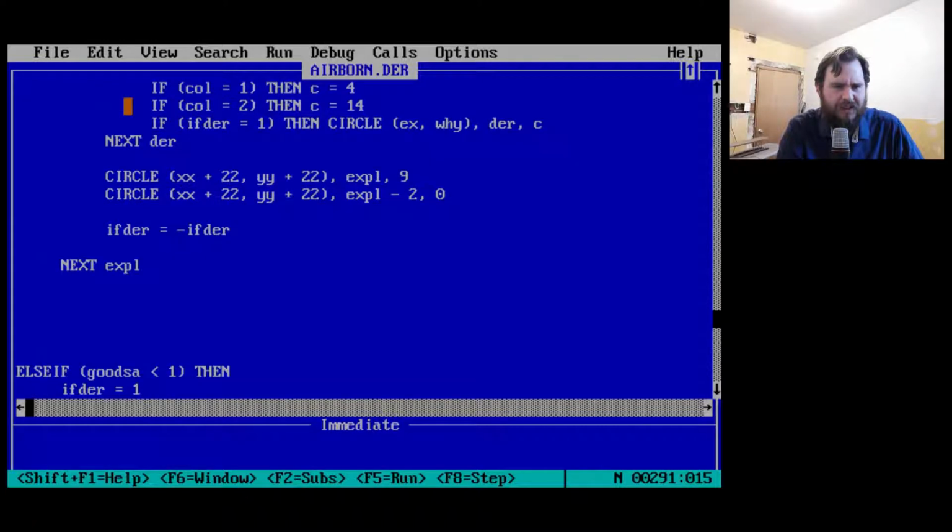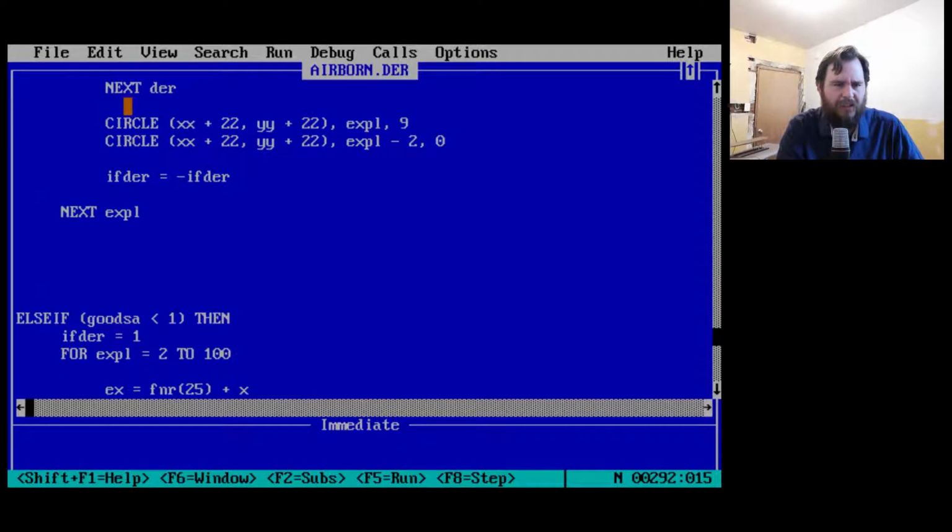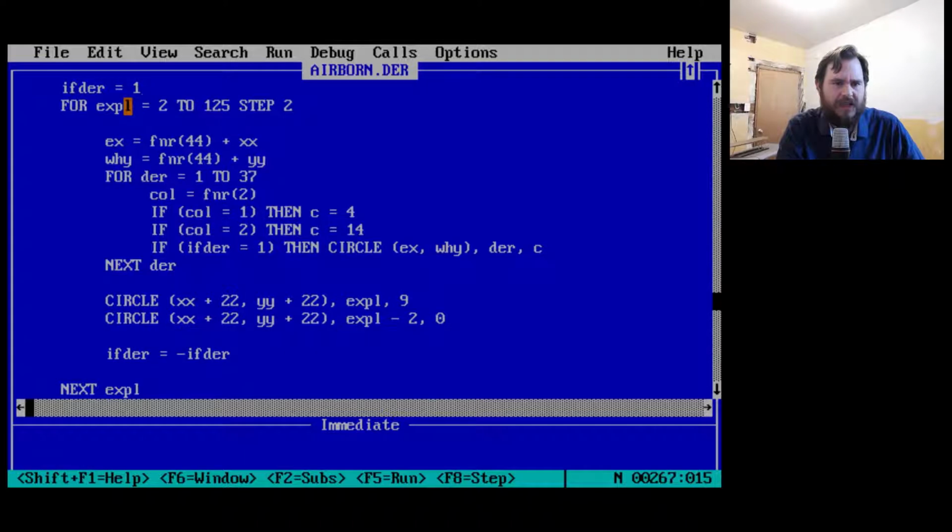What? Oh man, I want to see that. I want to see this guy explode. This looks like a bit of a complicated. We have X spelled out plus XX. So these are the X and Y coordinates of the explosions. And 37 times we're going to choose random colors. Same thing with the red and the yellow. And we are going to have,